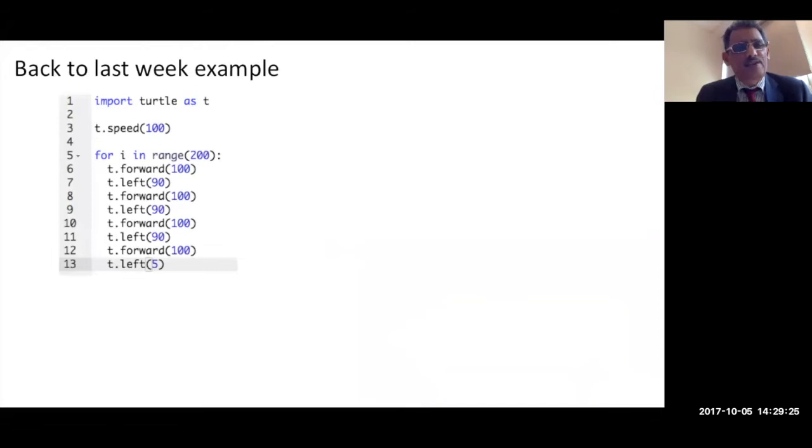So today, what we need to do. Last time we had this code, which had our import. We did speed it up. By the way, one of you, I think Susan or someone, managed to find a function called tracer and use that tracer to speed up more than 100, which is great. I'm really excited to see you looking at other things and going and reading. It's very clear you have been reading and looking at solutions, especially that link maybe I gave you. So this is a for loop going for 200 times,